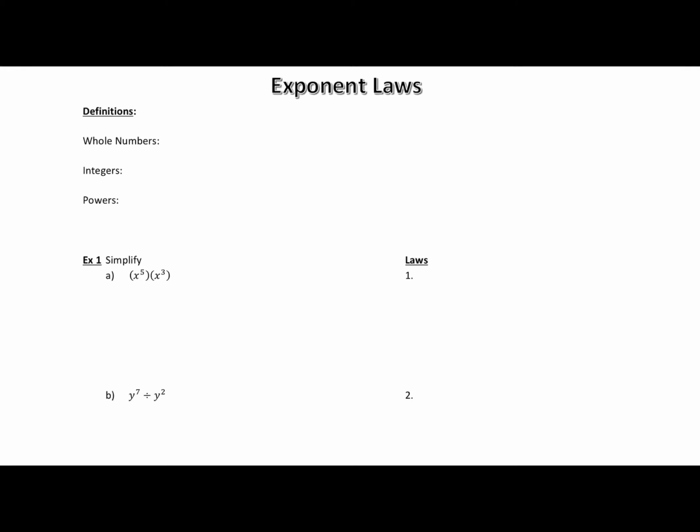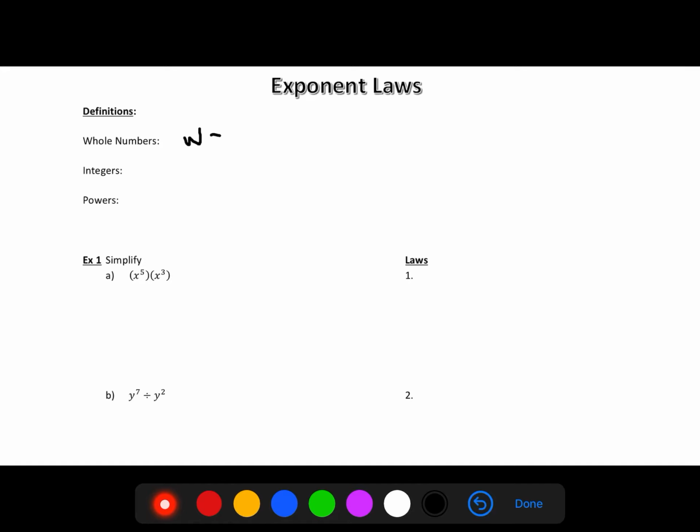So we're going to take a look at a little bit of review to start the unit before we get into the new material. So just quickly going over some definitions that you're going to need to know. Remember that W is our symbol for whole numbers, and in our set builder notation with our funky brackets, our whole numbers are 0, 1, 2, 3, and just continue to infinity, and we have our 3 dots showing that